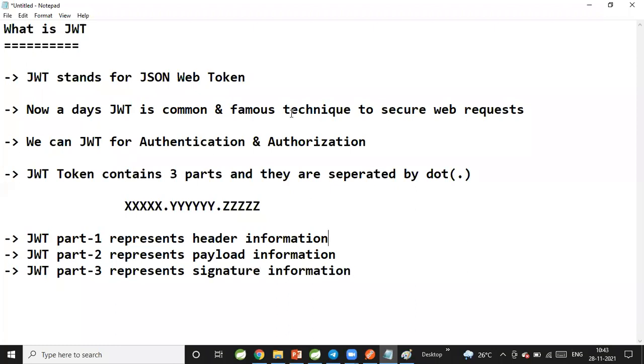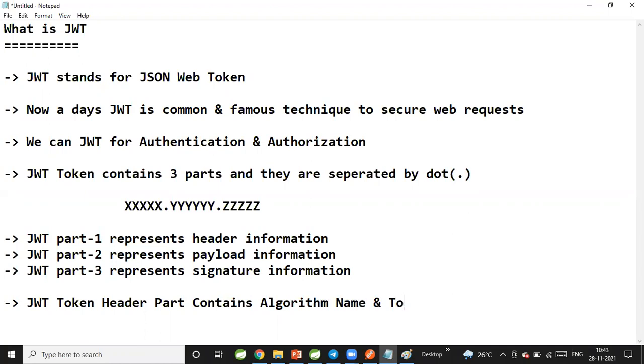Now, what will be available in the header information? The JWT token header part contains the algorithm name and token type.